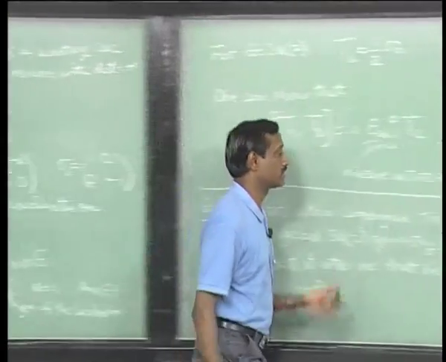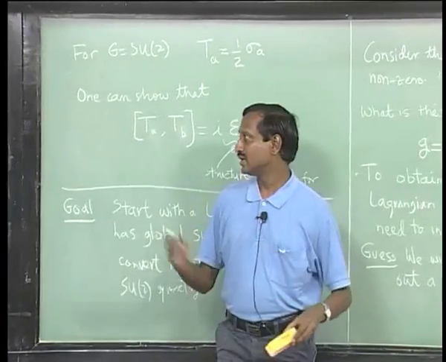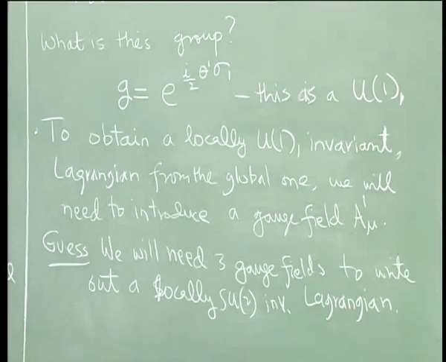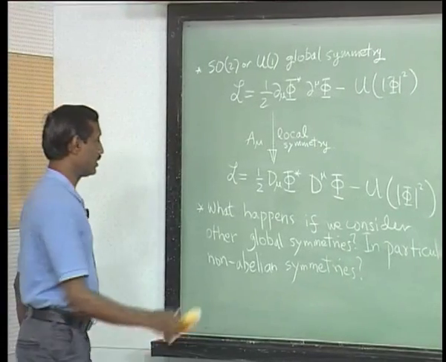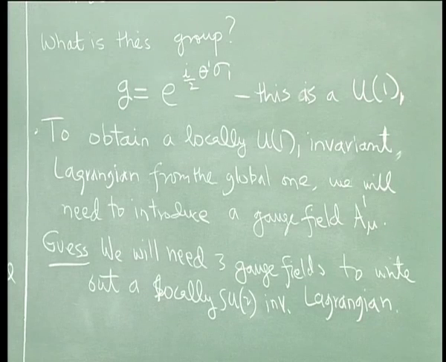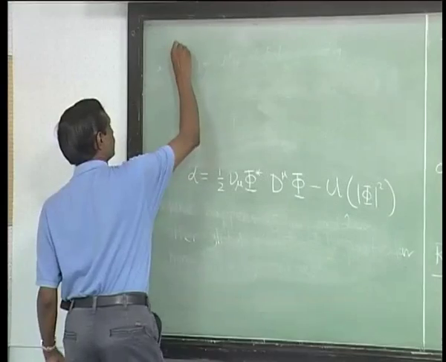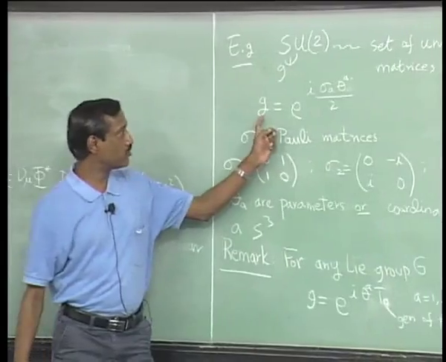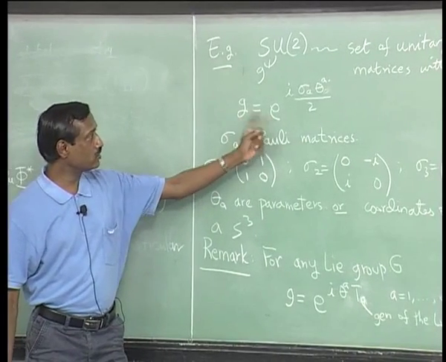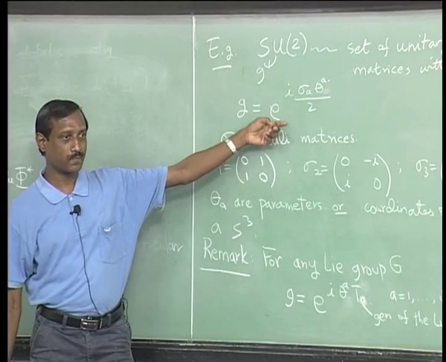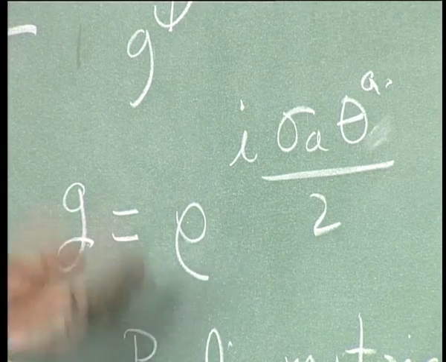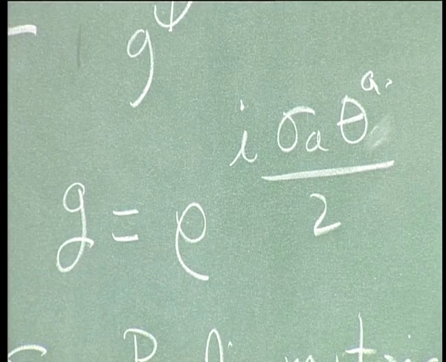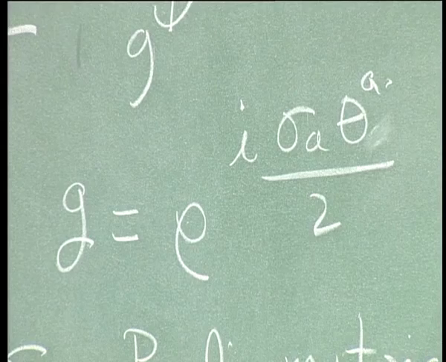Okay, so let's go ahead, and the first step is to write the most general globally invariant thing. We will use the same setup, except I will redefine what I mean by phi. It is important to realize that here G is a unitary realization of this thing. In most physical literature, we always assume that we have a unitary realization